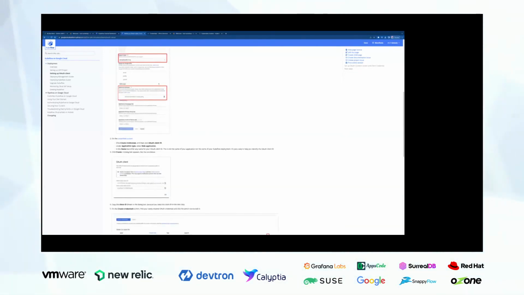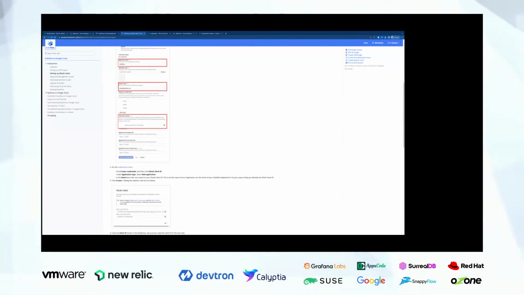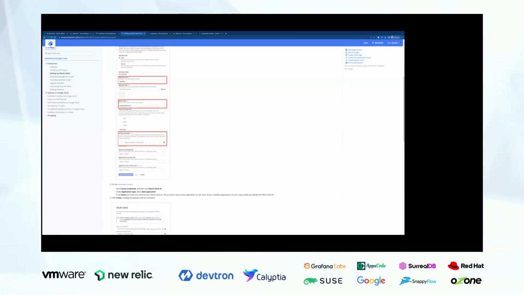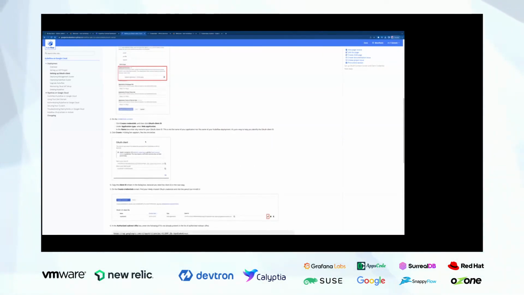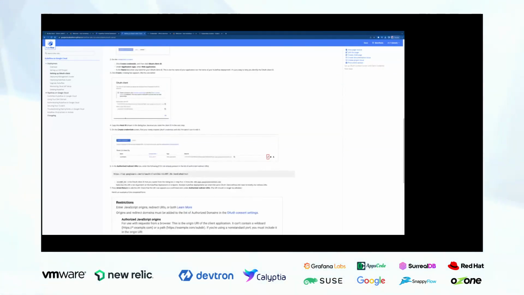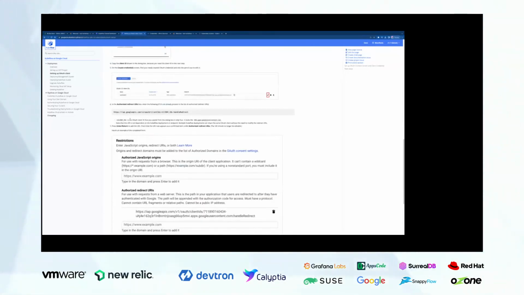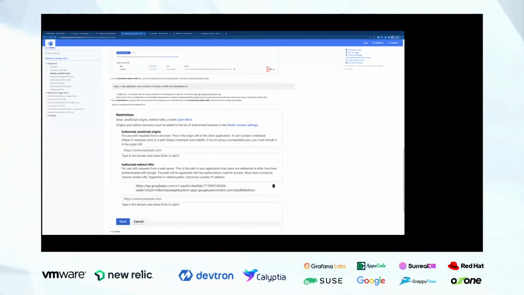So start with creating this authentication client. You give an auth name, the support email, and the domain names where you want this service to be available. Once you do that, this is going to give you a client ID and client secret. This is what we'll be using later to authenticate all the users, maybe everyone in your data science team or all the users that you want to onboard into a cluster. The second part, now that we have authentication sorted out,